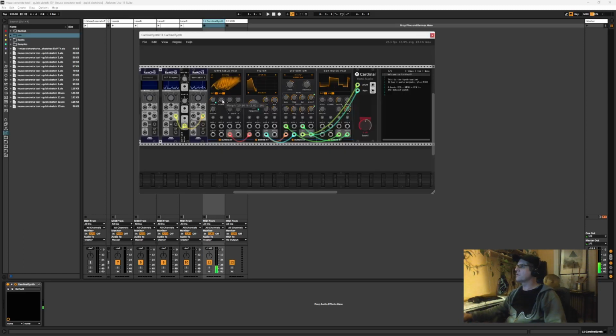I want to control this morph, so I'm going to map to that. Let's set it to autoplay after record. And I'm going to set this, making sure that it will run when I restart. So let's hit record and just move what I just mapped. And it's already pretty aggressive, a little